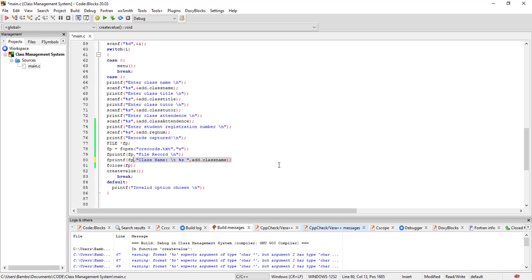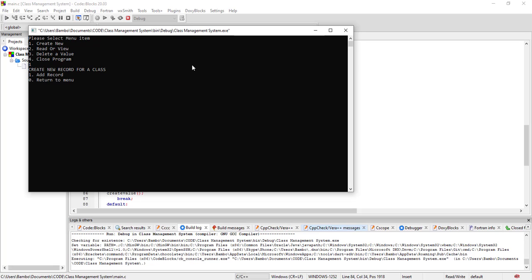So I can simply just copy this and paste it a number of times. So we want the class title, we want the class tutor, we also want the attendance, and we need the last record, which is the reg number. Registration number, like that. So if we run it now, we should be able to get all our records being created,